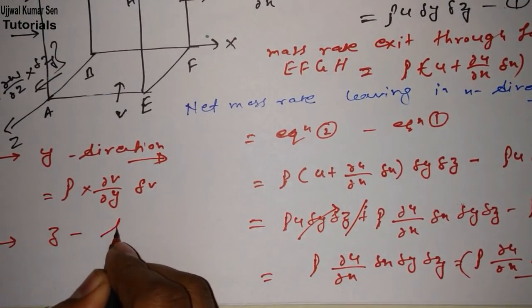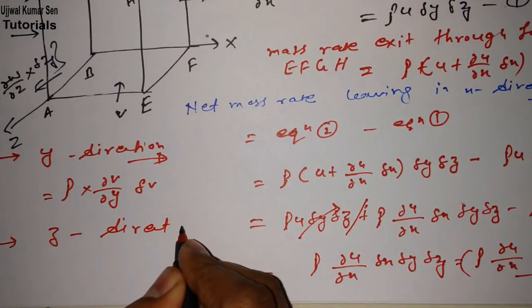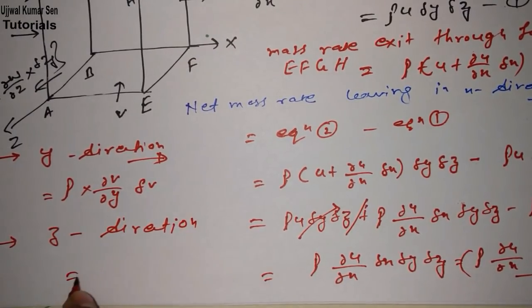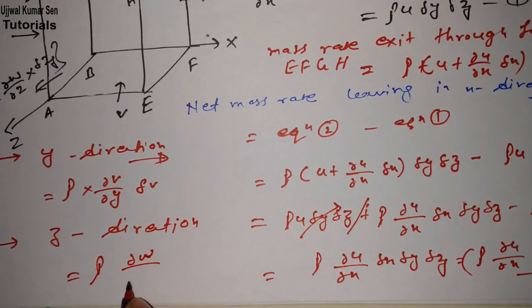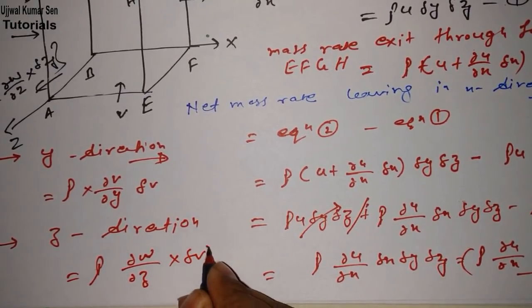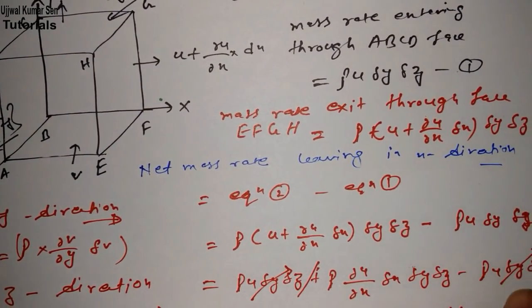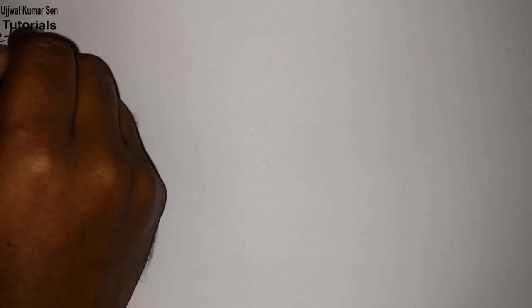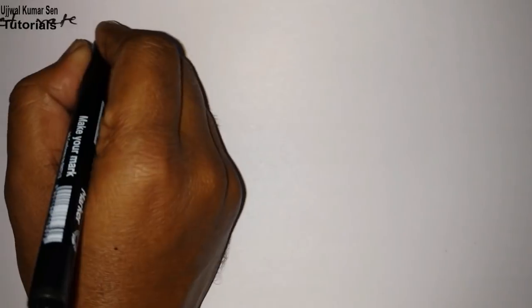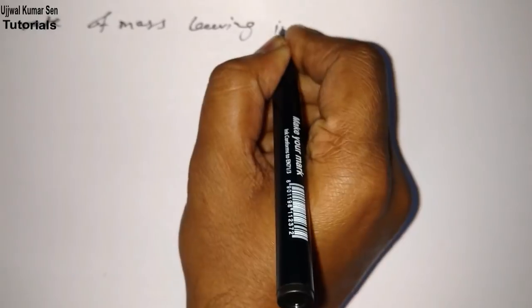Now if I say the net mass rate leaving in the z direction, it is rho curly w by curly z into del v. So we have found the net mass rate leaving in the x direction, in the y direction, as well as in the z direction. Now if I want to find the total mass rate, what I have to do is write down the net rate of mass leaving in the